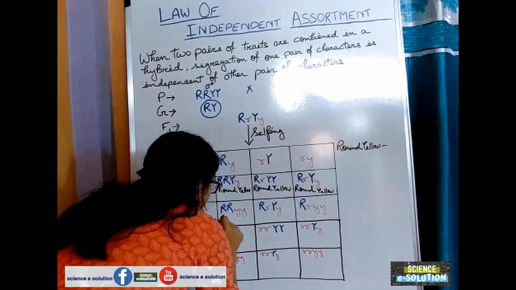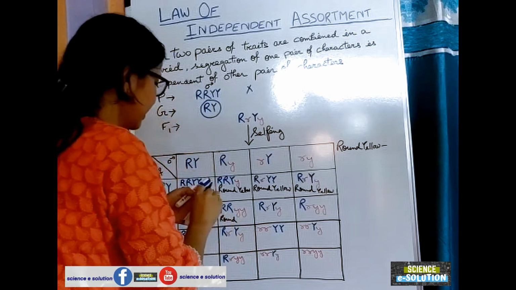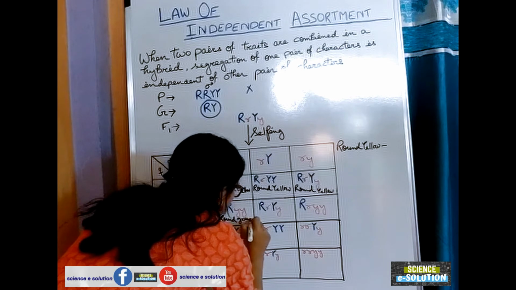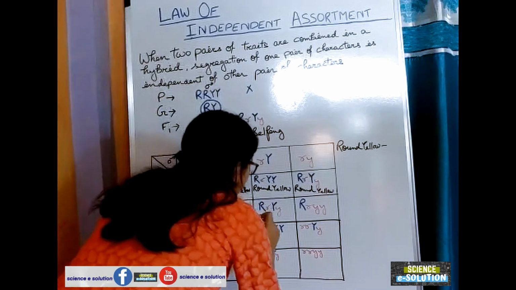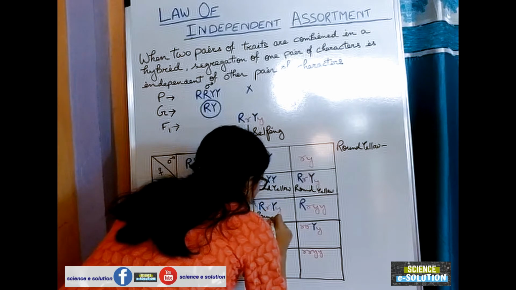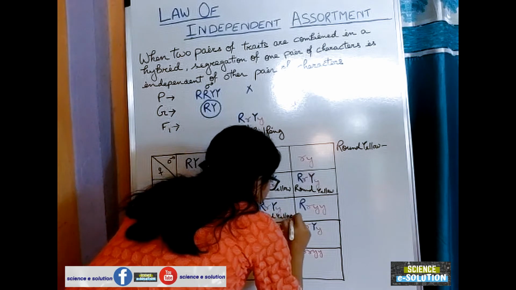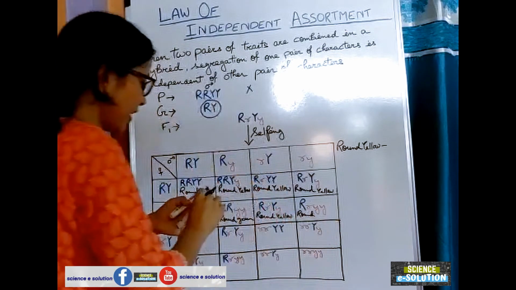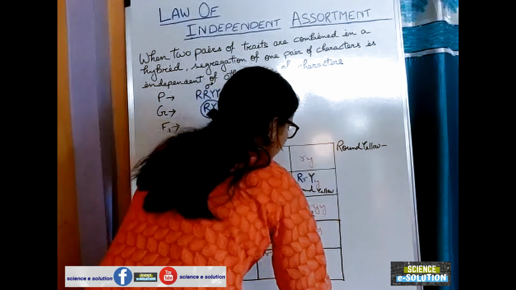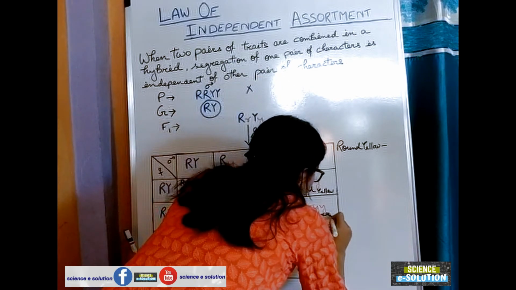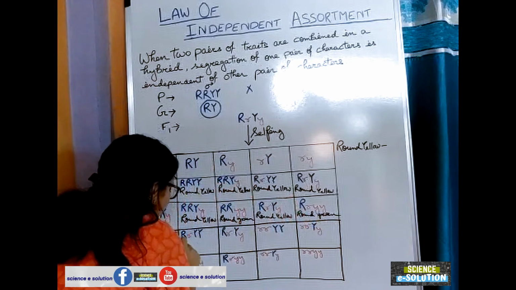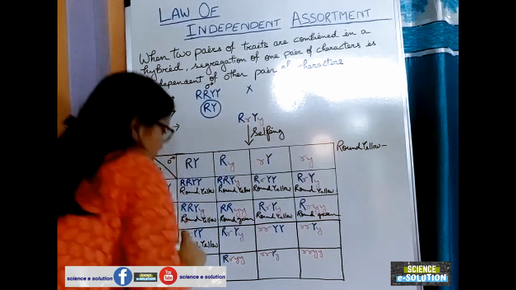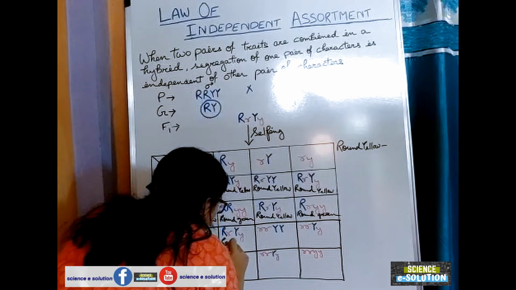This is also round yellow. This one is round but green. You can see this one is green because for yellow it contains double recessive genes. This is round yellow. This is round and green. You can get my point? The recessive character will express only when both the alleles are recessive. So this one is round and green. This is round yellow. In these cases you have to do this process very carefully. Round yellow.